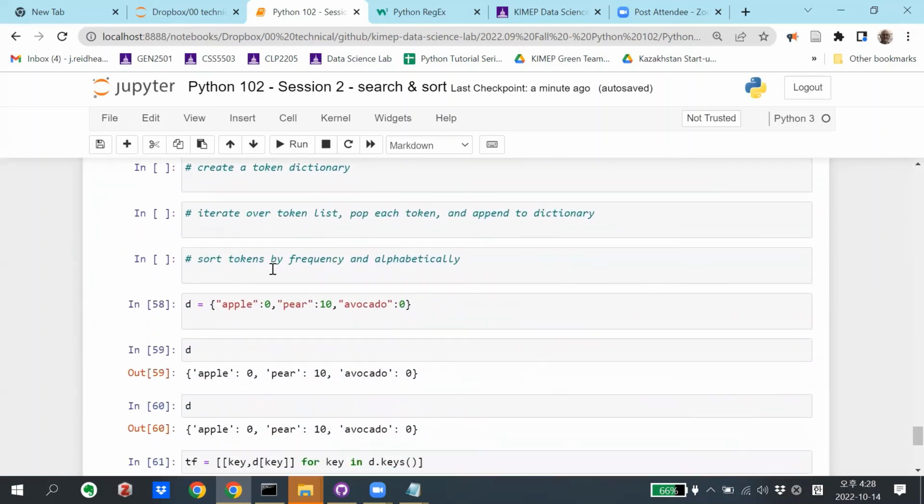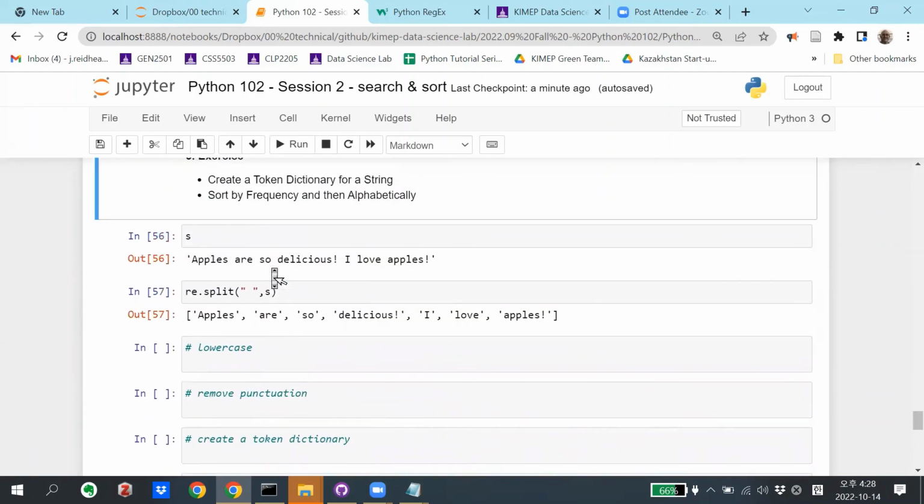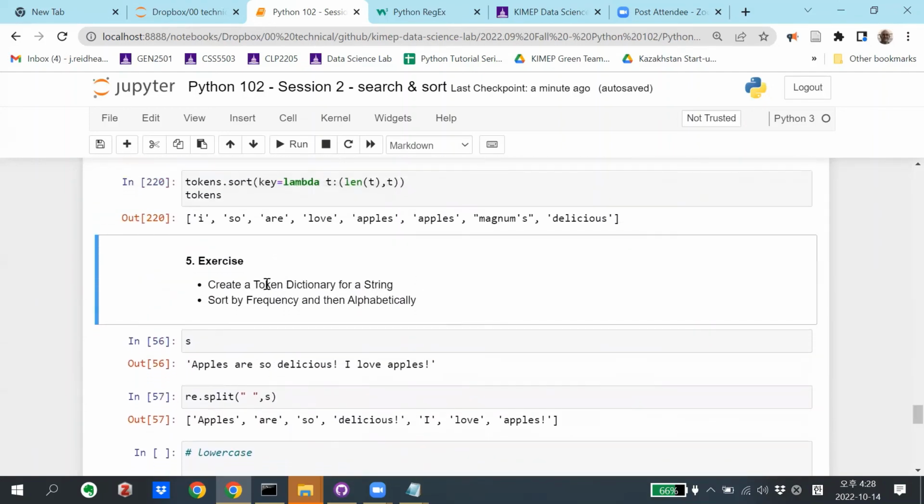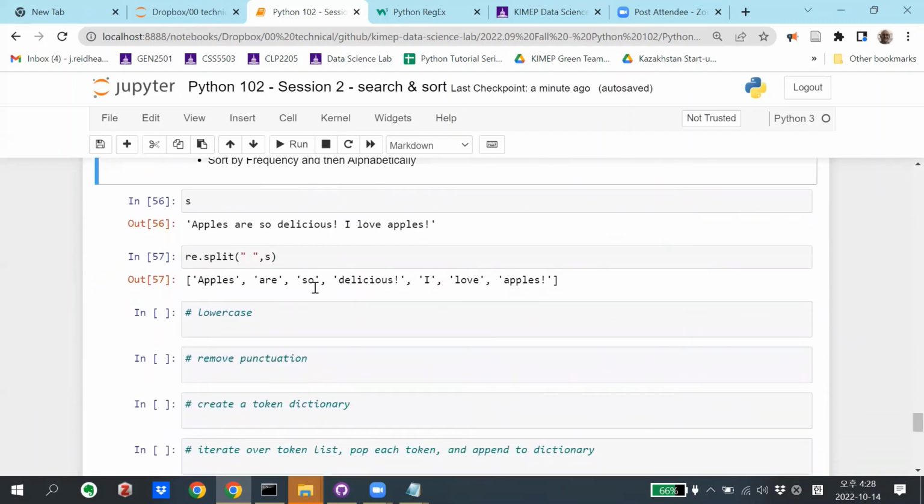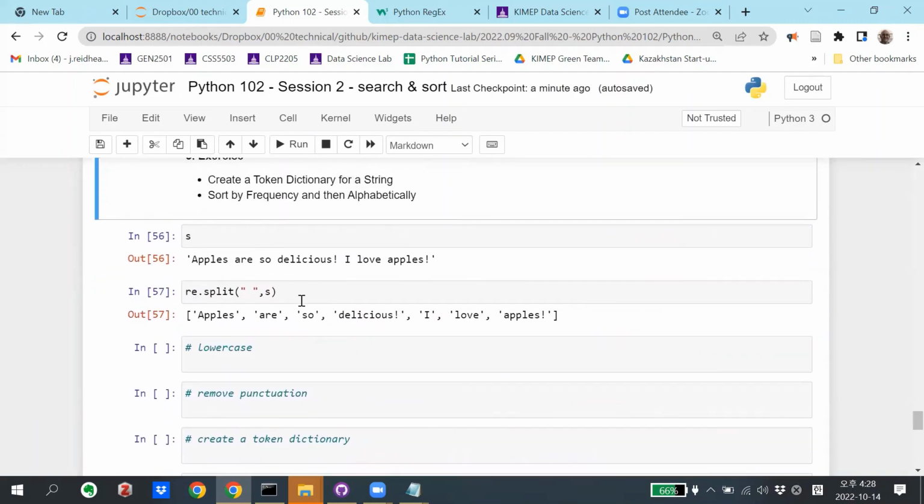So creating a token dictionary is useful for corpus linguistics, and if you split the string like this,